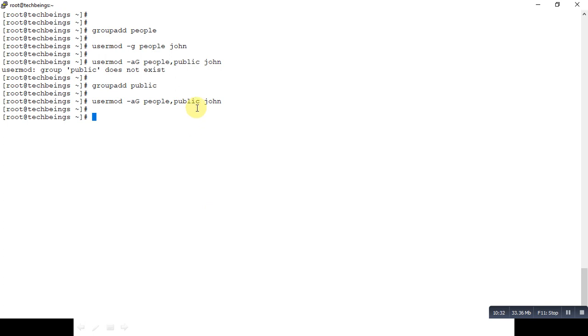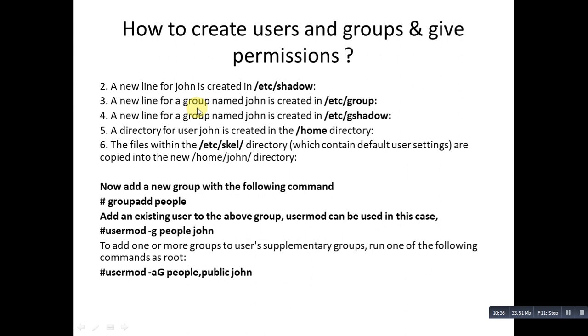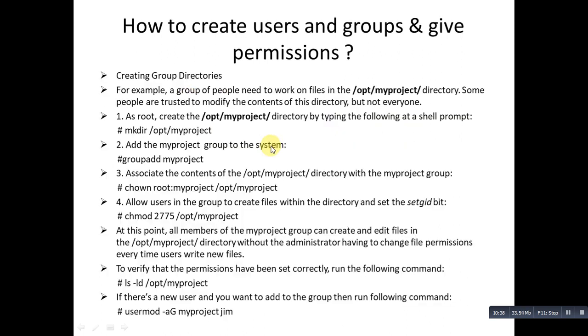Creating group directories. For example, a group of people need to work on a file present in the /opt/myproject directory. Some people are trusted to modify the content of this directory, but not everyone. Okay, so as root user we create this directory.